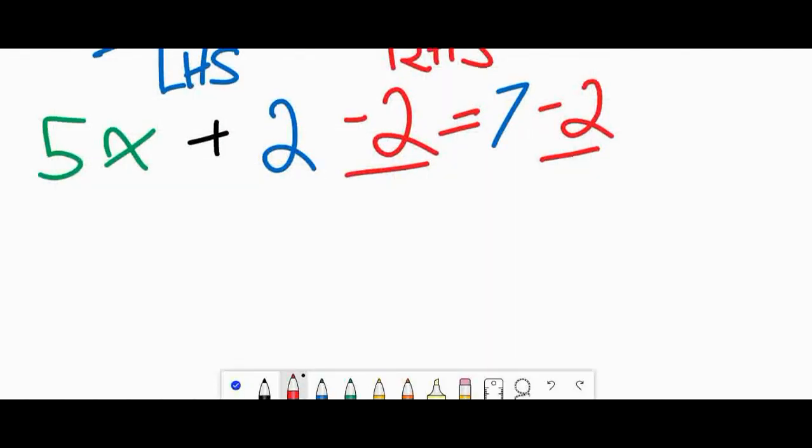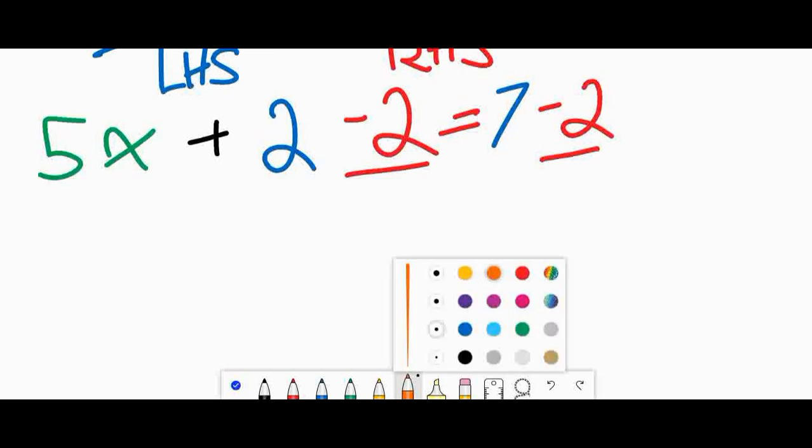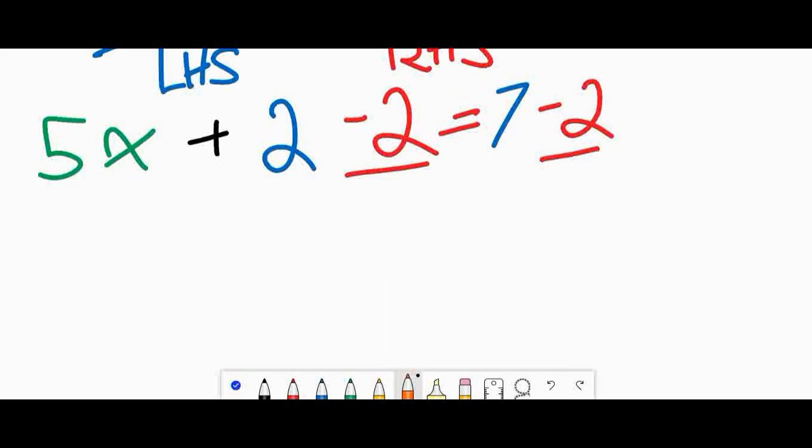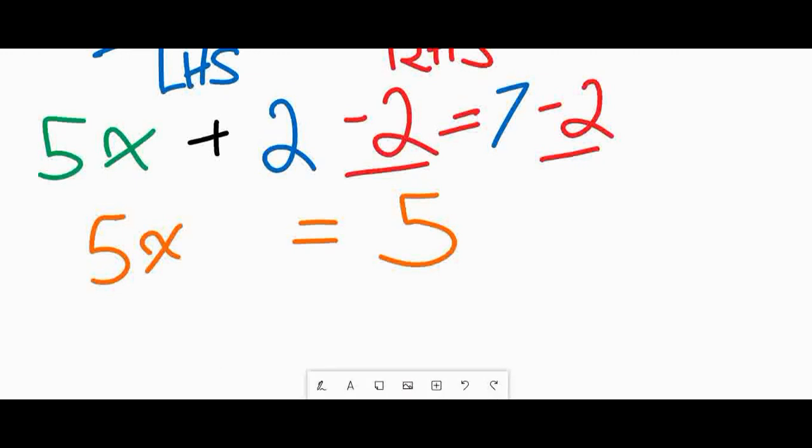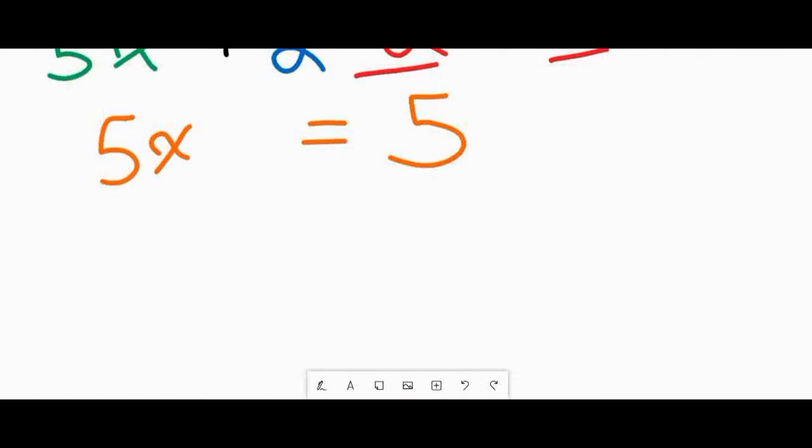So we'll just go back to this equation right here. 5x plus 2 minus 2 is 0, so that means it's 5x. We don't even have to write plus 0, because 0 is nothing, and 7 minus 2 is 5. So 5x equals 5. Still, how can we solve this? Well, whenever there's a term and just one number on the side, it's pretty easy to solve it. What you do is you do x,